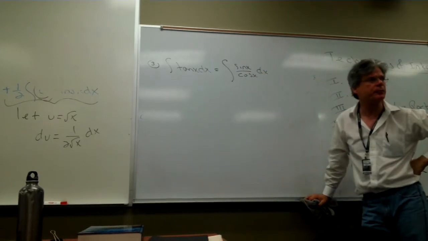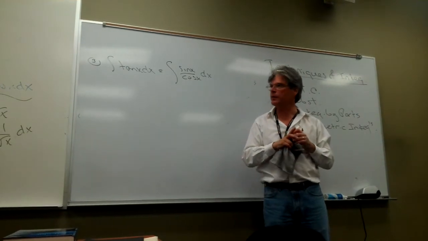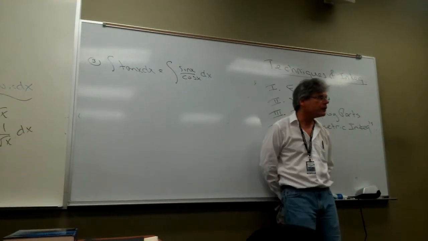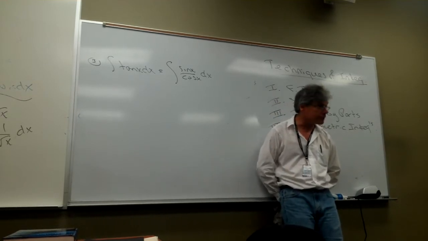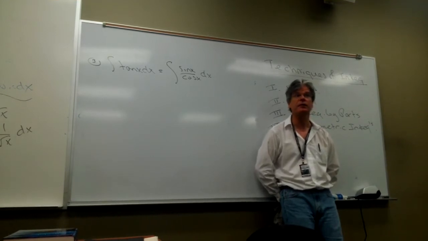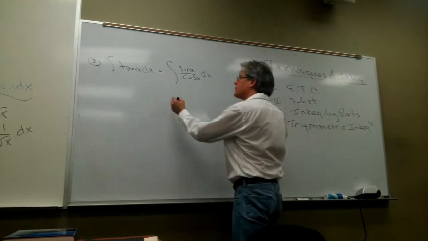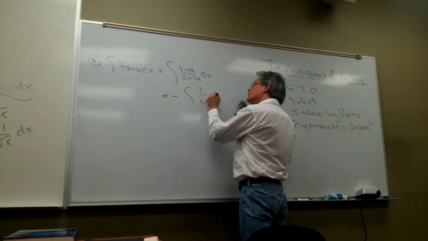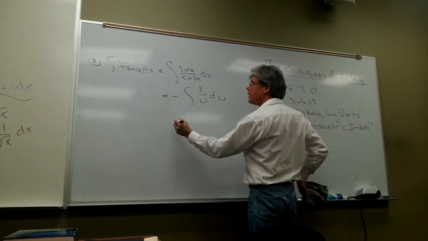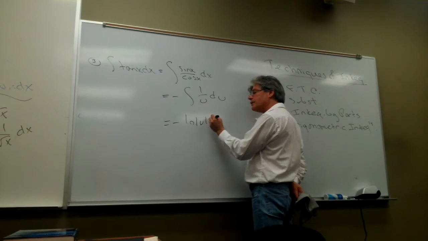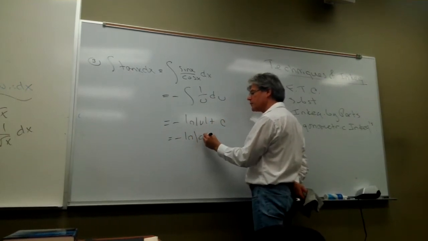Tell me if I'm skipping too much. If u is equal to cosine of x, it's just a u-substitution, not integration by parts. If u is equal to cosine of x, neglecting a numerical coefficient, is its derivative already a factor in the integral position? Yeah, because cosine of x's derivative is negative sine of x. And so I simply get a negative 1 over u du, if I allow u to be cosine of x. That merely gives me the negative natural log of the absolute value of u plus c. It's just that in back substituting, I've got to replace u with the cosine of x.